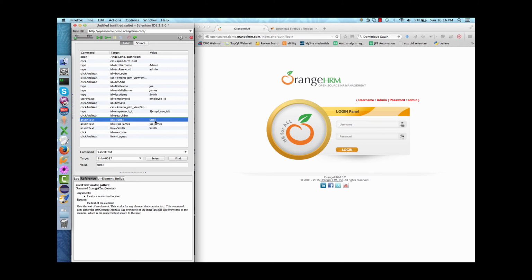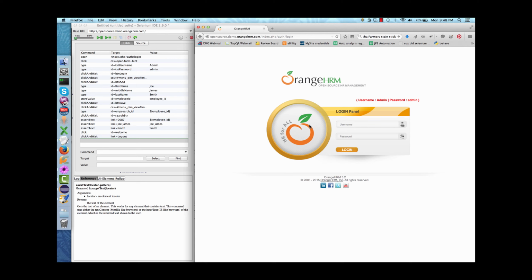Select the line, go to the Edit area of Selenium IDE, delete the value, type $ sign, curly brackets, and insert the name of your variable. While we were changing our hard-coded employee ID numbers and replacing them with the variable we created in Selenium IDE, you may have also